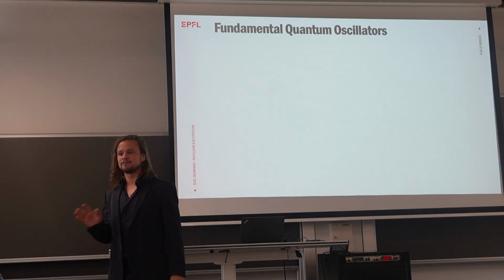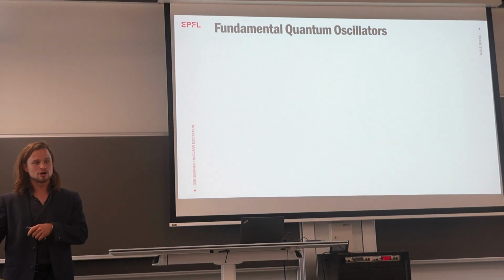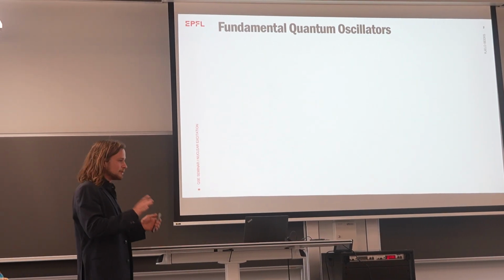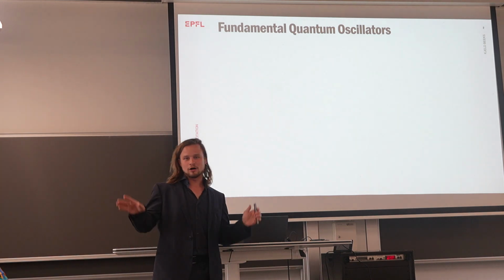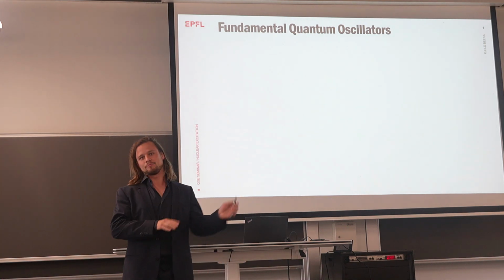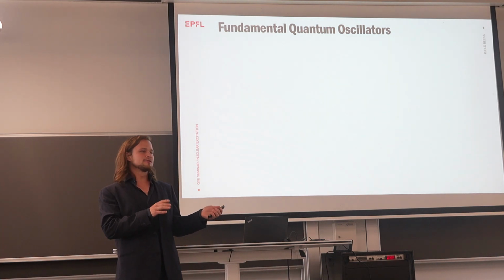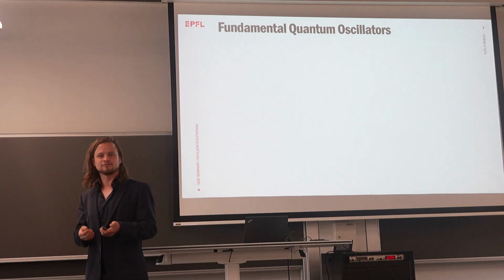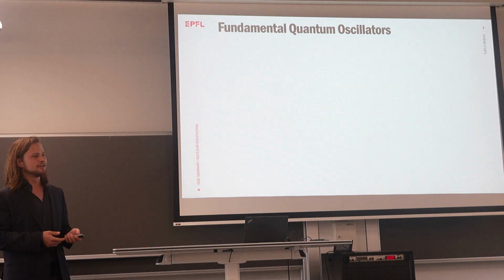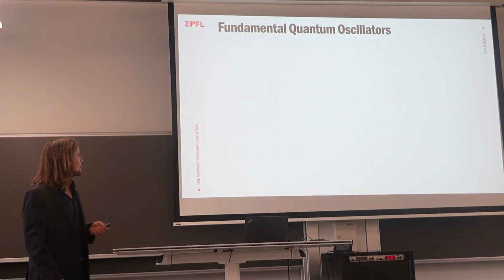To bridge a little bit of the gap between the electronic and the nuclear, I want to talk a little bit about what we would call quantum oscillators, which clocks are also based on. I'm referring to clocks because we're trying to build a clock, but also because they were the first devices where we could really use the quantum properties to discover new physics.